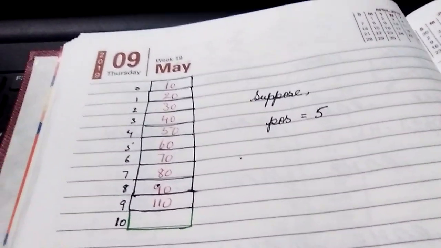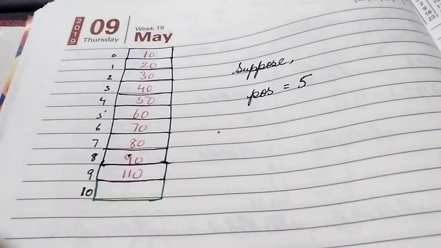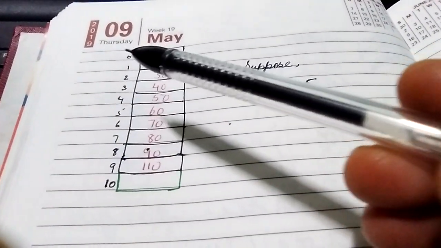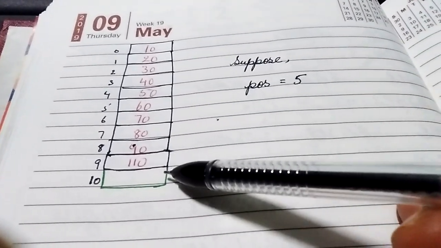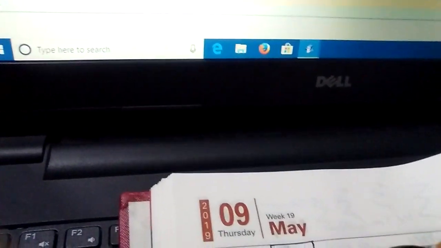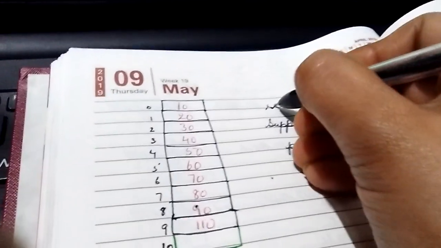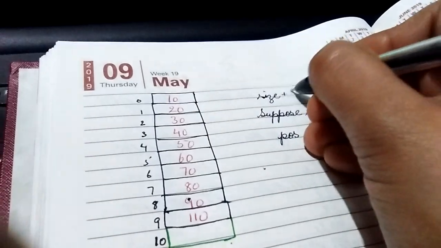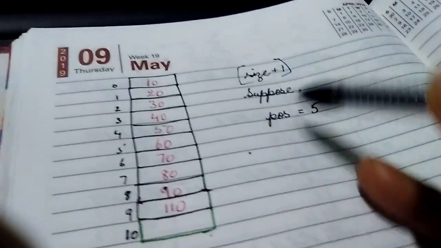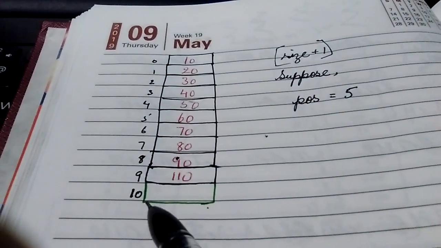Now let us come to this explanation. Suppose the array is created of 10 and the elements are inserted like this. Now in this, we have declared the size of 10. So we can see that the 10 elements are inserted, but virtually there is one more cell present in the array, as we have done size plus 1 during the array declaration. So this size plus 1 is here.